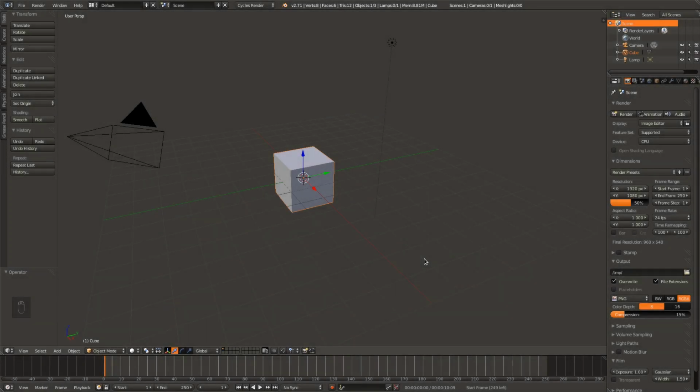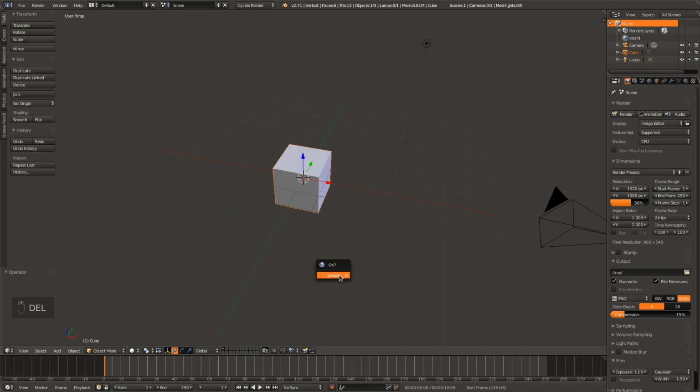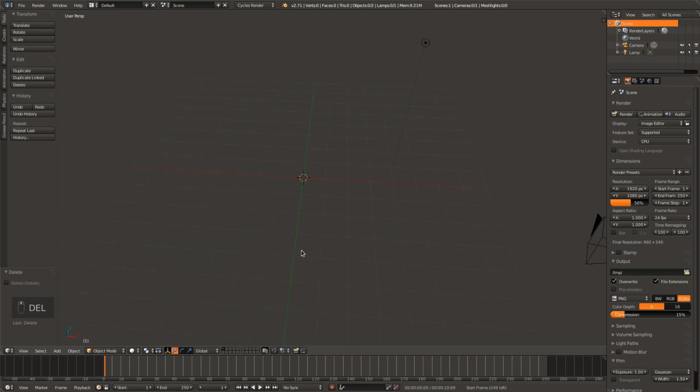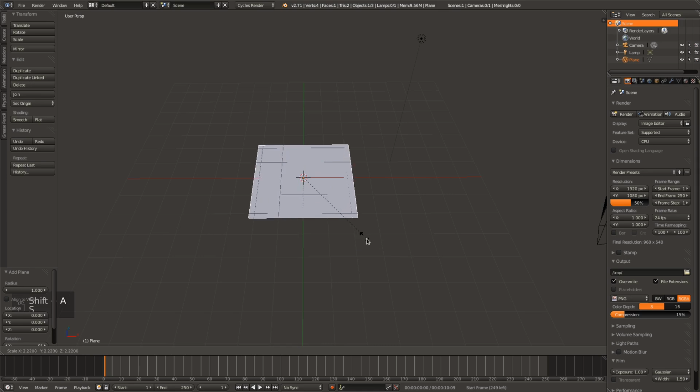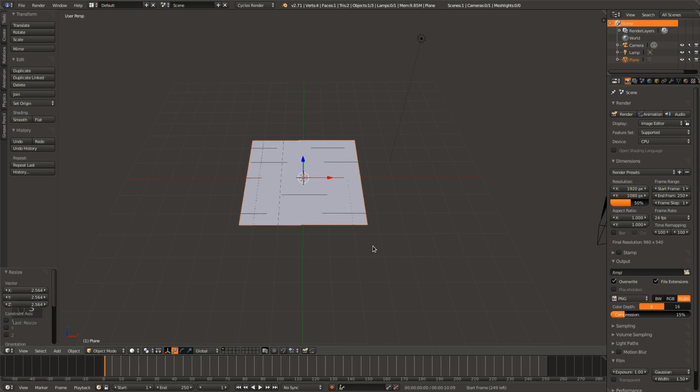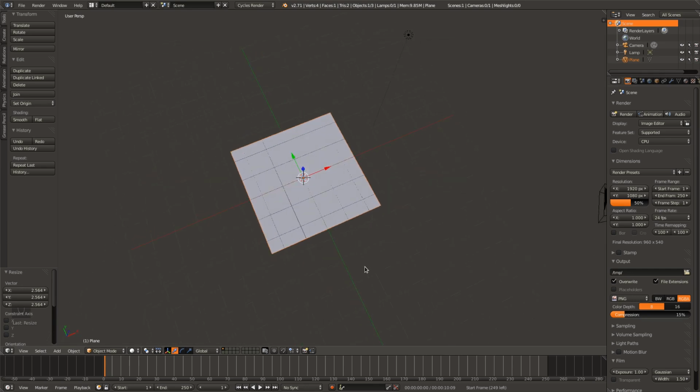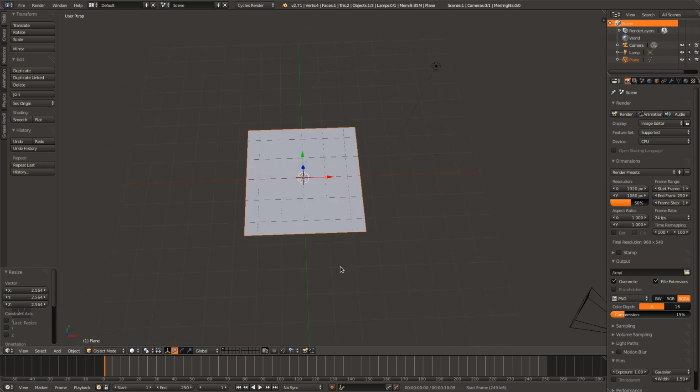Okay, so let's go ahead and get started with the modeling part. It's not too complicated. Really, it's just a plane with some hair particles. So let's go ahead and create our plane, and I'm going to just scale that up to about 2.5 Blender units, and then I'm going to hold down Shift and then hit 2 to select the second render layer,